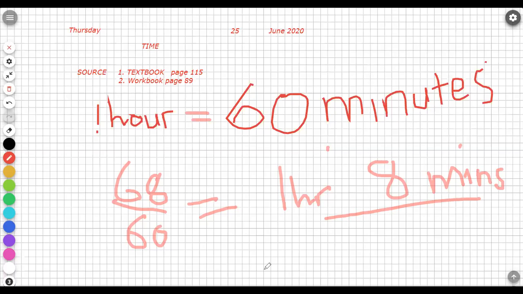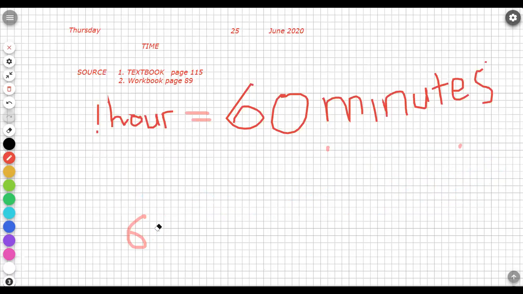I said when you want to change minutes into hours, look at the relationship between minutes and hours. We know that 60 minutes give us 1 hour. That's the relationship. So if we know that 60 minutes give us 1 hour, to change 200 minutes, we are going to say 200